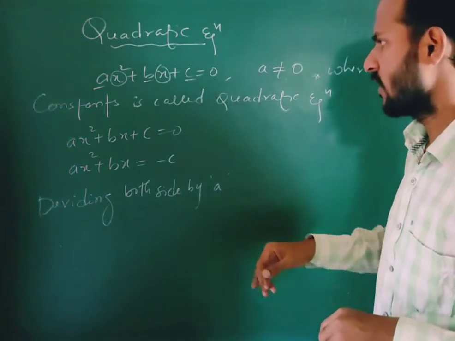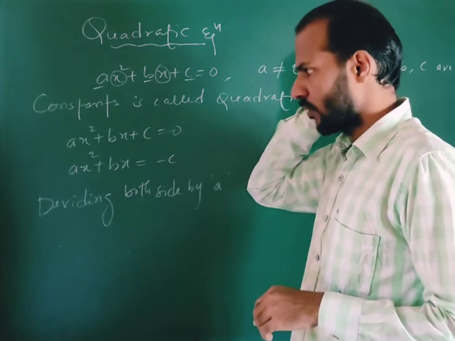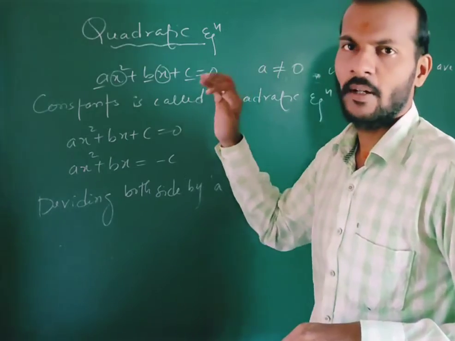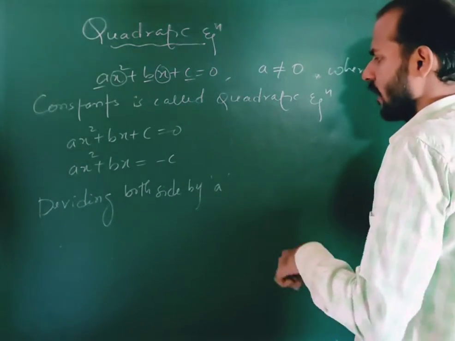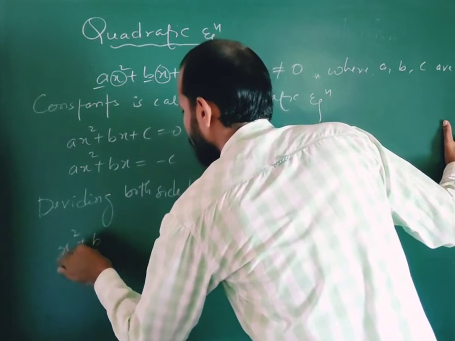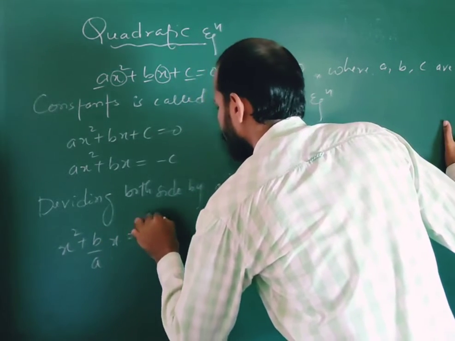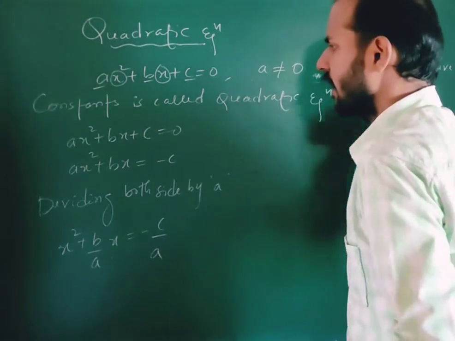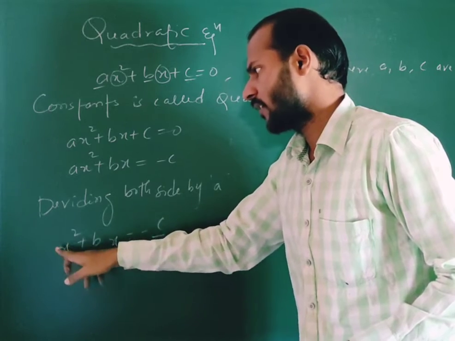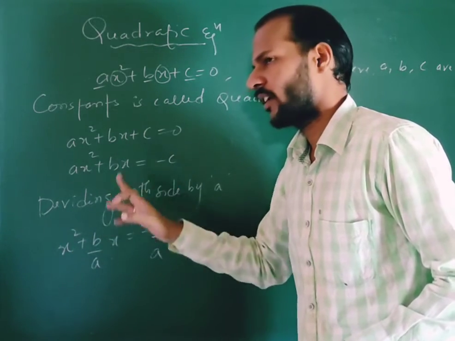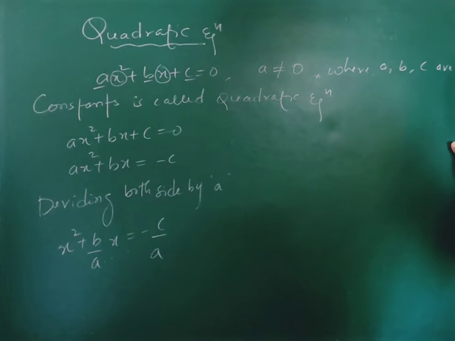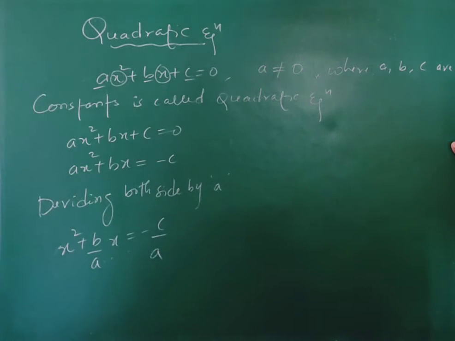So we have considered first ax square plus bx plus c equals to 0. Now ax square plus bx as it is, take plus c on RHS, which is equals to minus c. Now dividing both sides by a, then what we get here? X square plus b by a x, which is equals to minus c by a. Here a gets cancelled in the first term. Ax square by a means a gets cancelled from the numerator and denominator, only x square remains. Therefore x square plus b by a x, which is equals to minus of c by a.